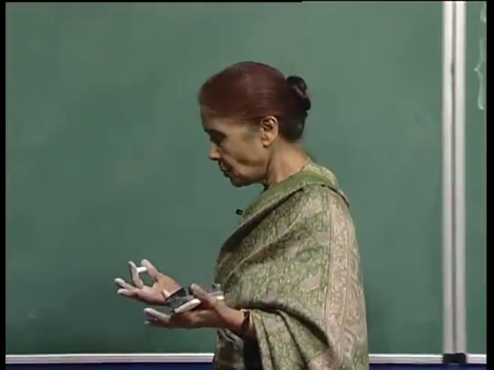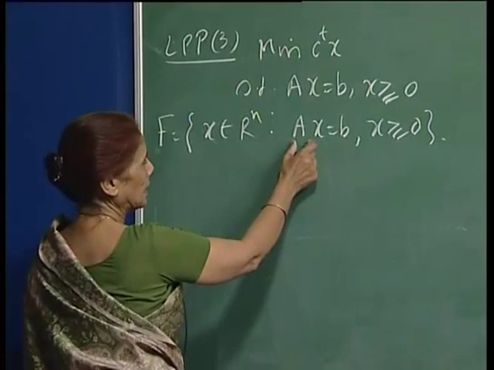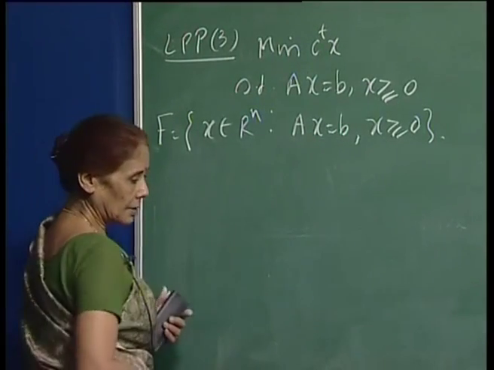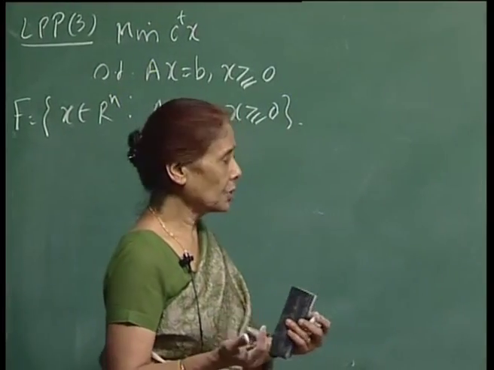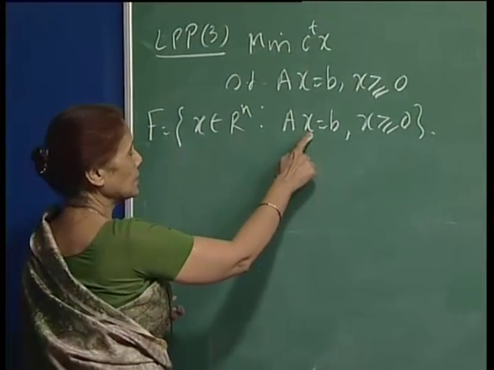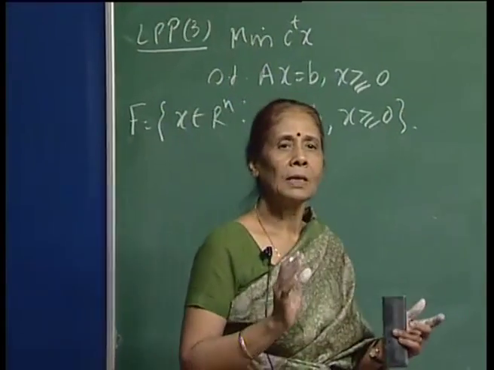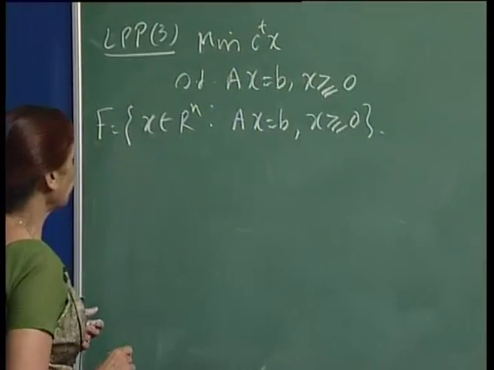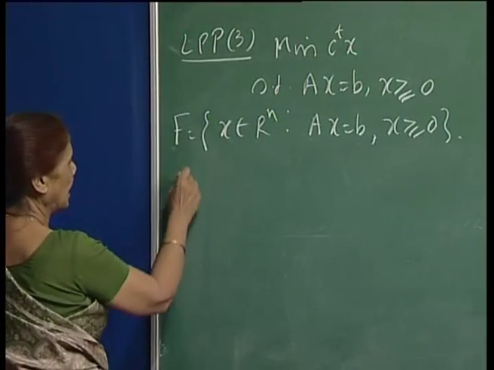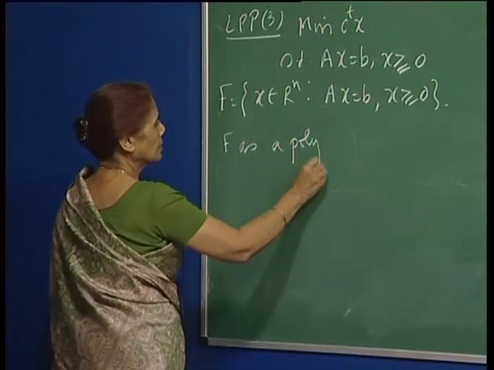So, this basic feasible solution came through the idea of selecting m linearly independent columns, which we call a basis, and then I put the remaining variables as 0, and I solved the reduced system, and I got x bar. So, this was a completely algebraic concept, right. Then I have also been looking at F as a polyhedron, right,